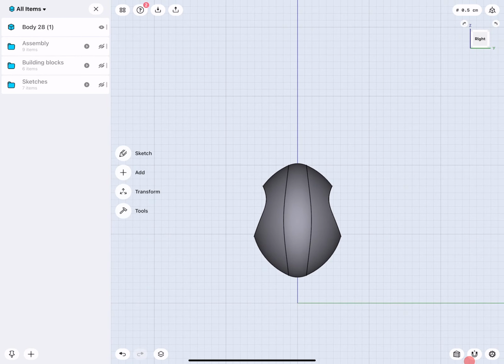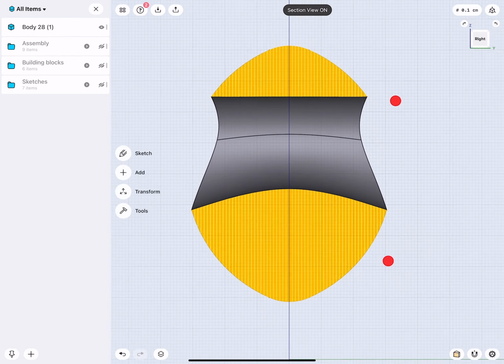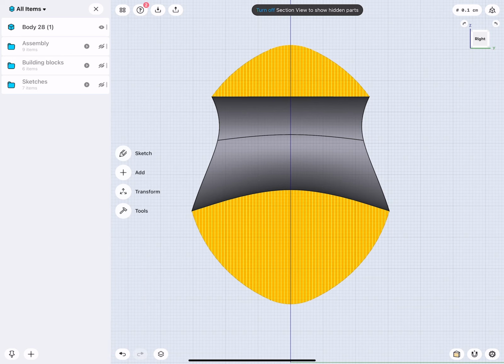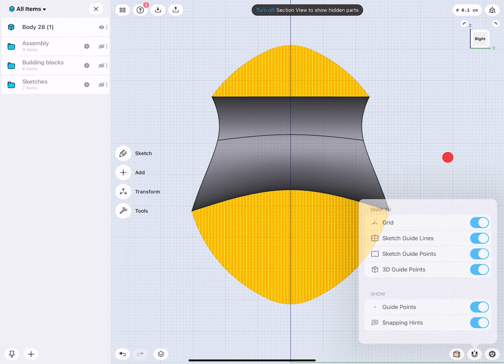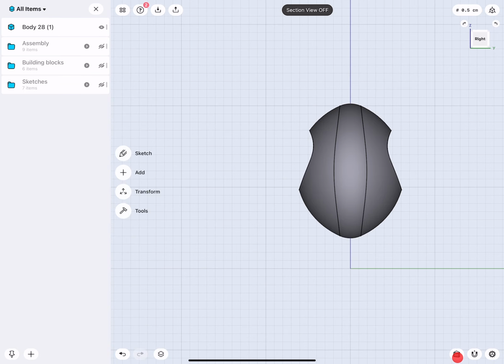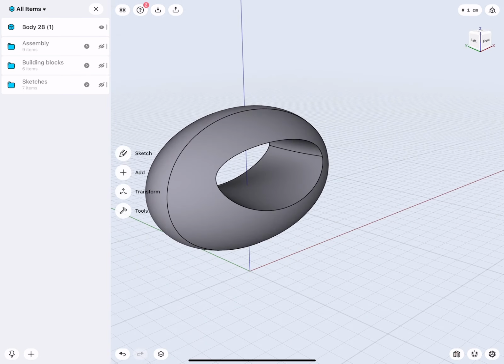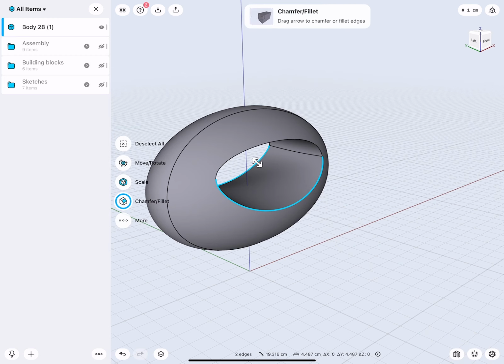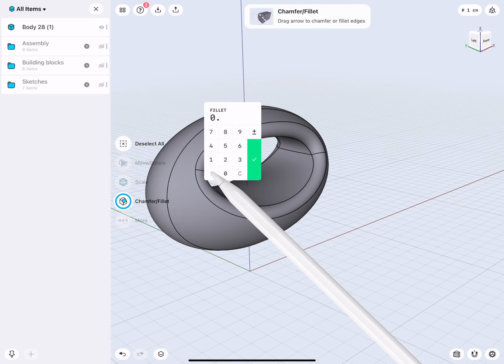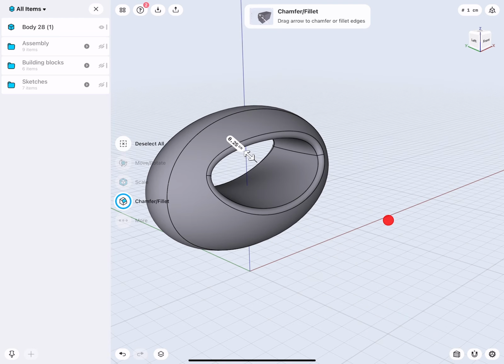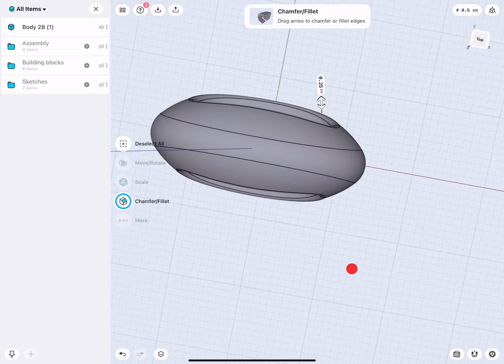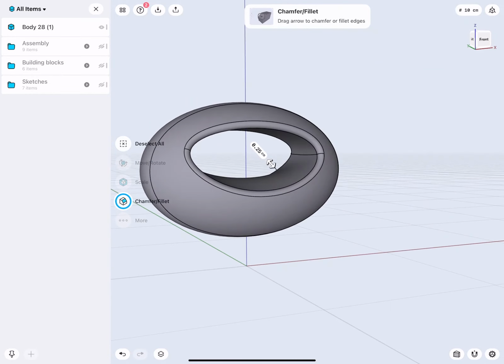When we go to this view, let's turn on cut section. There we can see top nice and straight. And here we have a beautiful transition. Very good. At this point, we can round this a little bit based on how much we would like to do this. Cool. Okay.